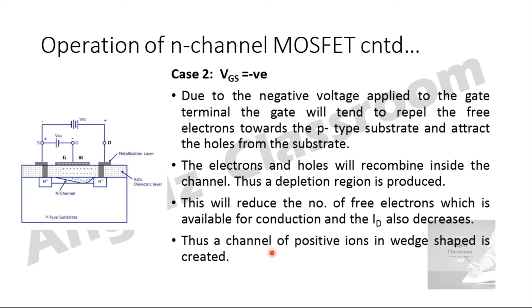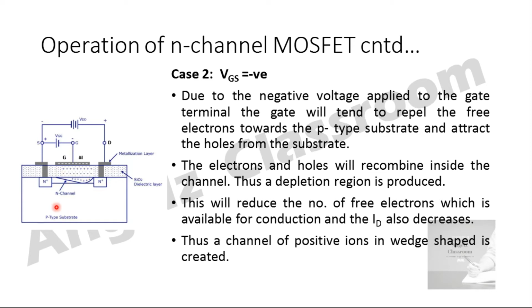So next one is case 2. In this case your VGS is going to be a negative supply voltage. So see this diagram, I have given my gate source voltage as a negative value. So what will happen whenever I am applying a negative potential over here? The electrons which are already flowing in this channel start to move away towards your p-type substrate, because here it is electrons, the negative sign, and here you are giving the negative polarity, so same polarity charges repel each other, and so these electrons start to move away towards the p-type substrate.